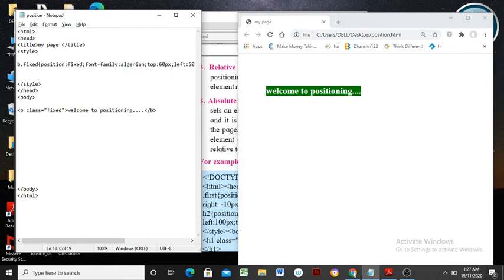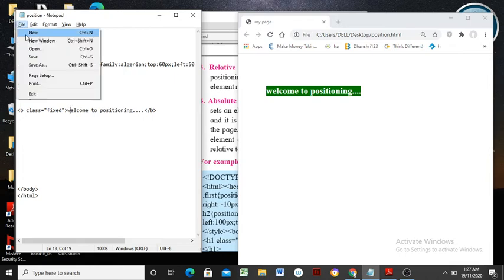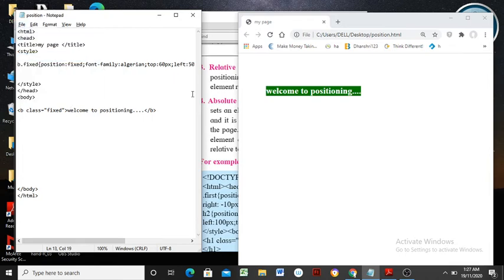Okay, see here, save this document again, and the effect will be observed. Yes, it is displayed in the Algerian font. So the user can apply many more effects, those effects which we have seen in style sheets, either internal, that is the embedded style sheet, or external, or inline style sheet.